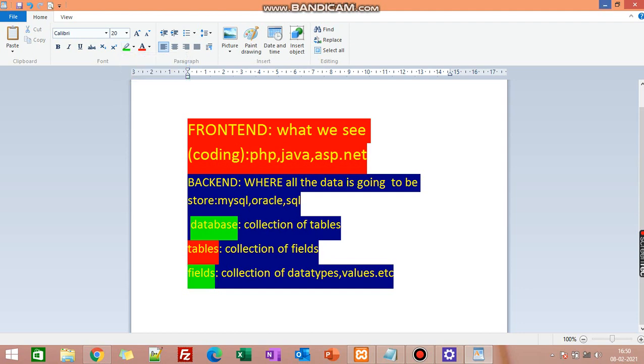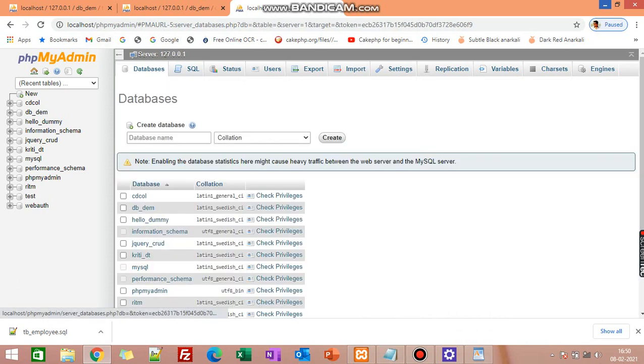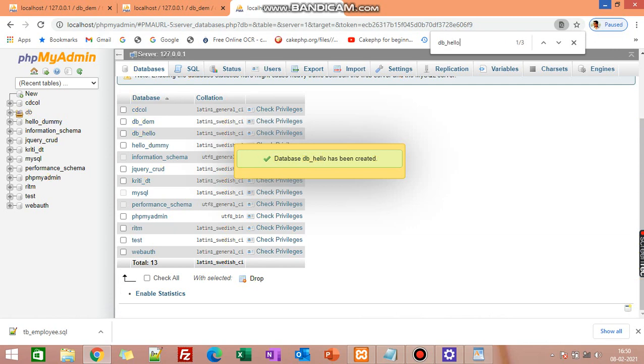See, this type I can tell you, here we can create the database. Hello, we can write it. Fine. Now we can put the prefix also if we want. You can put here create database db hello. Fine, db hello we can create. See, if you press Control F and search db underscore hello, it has created db underscore hello.